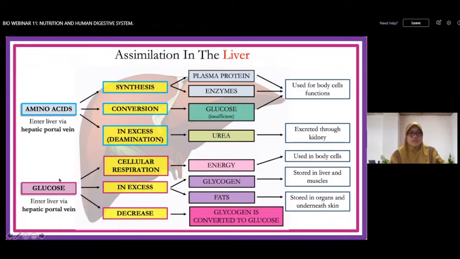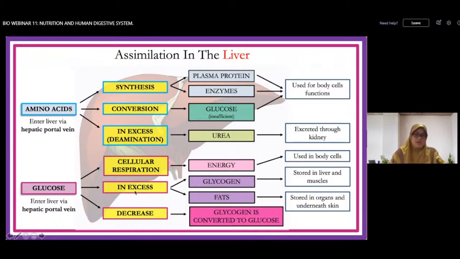Alright, next glucose. Glucose buat apa pula dekat liver? Okay. So glucose dia akan used for cellular respiration to gain energy, and it is used in the body cell. Okay, bila mana glucose lebih-lebih pula dekat kita punya body cell tu, dia akan convert into glycogen, okay, and then dia akan store in the liver and the muscle. And then apa jadi lagi kalau glucose ni dalam keadaan lebih lagi okay, dah tukar kepada glycogen, lebih lagi glucose tersebut dia akan convert pula kepada fat,